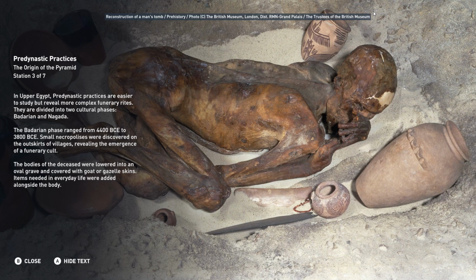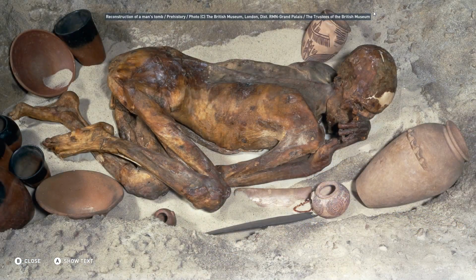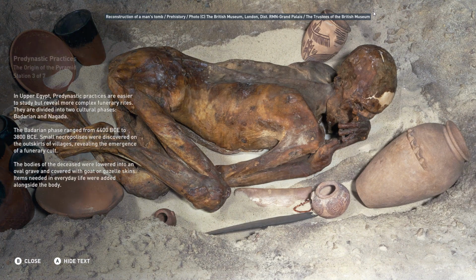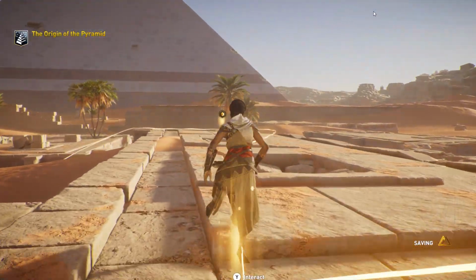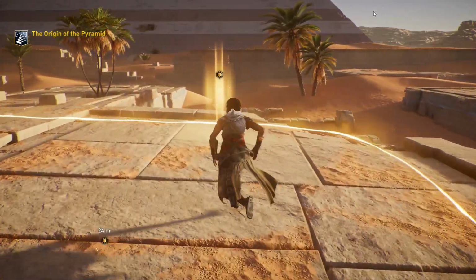The Badarian phase ranged from 4400 BCE to 3800 BCE. Small necropolises were discovered on the outskirts of villages, revealing the emergence of a funerary cult. The bodies of the...